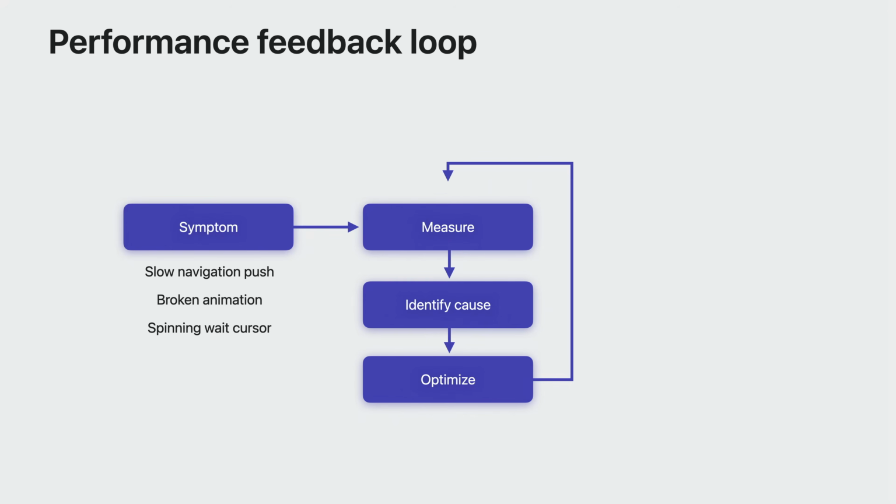But performance problems don't end after you've found a root cause and optimized your code. You need to remeasure and re-verify any fix you make to ensure that it addresses the issue. This is a good practice for all bugs, but it's especially important for performance. After you've verified that the problem is resolved, you break the loop.